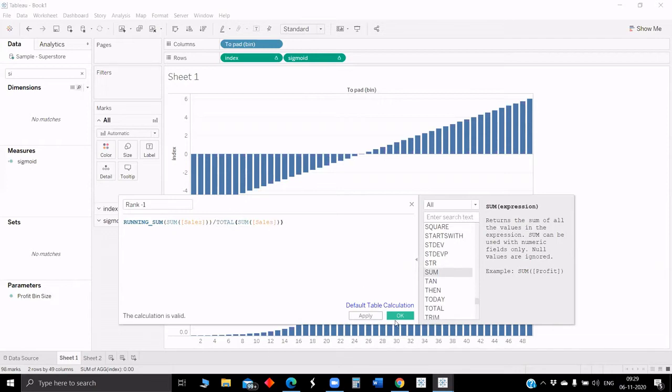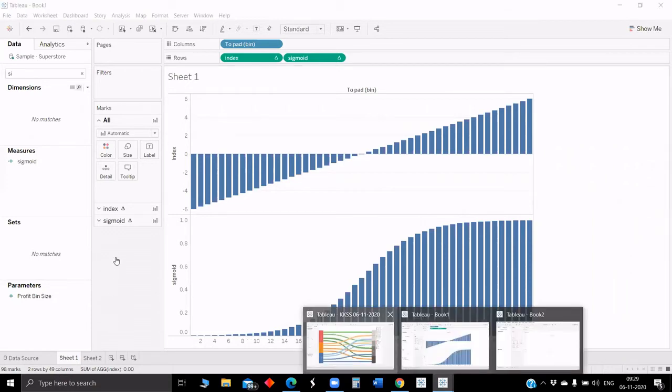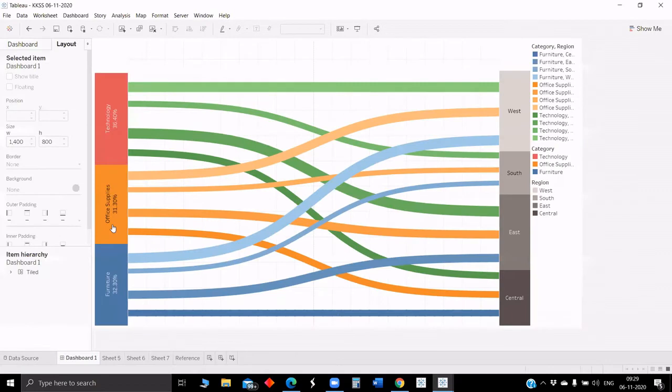This is rank 1. Why we are using running sum of sales is, for example, here we have furniture. First we will get the sales. Then along with running sum, you'll get the sum of furniture plus office supplies. And by total sales is just to get the rank for each. So we'll get the total sales. Is it clear?